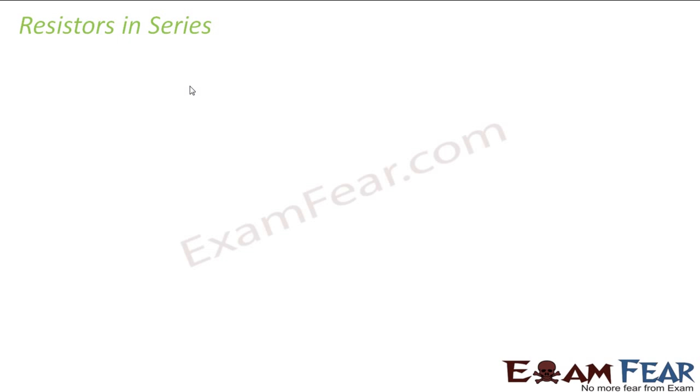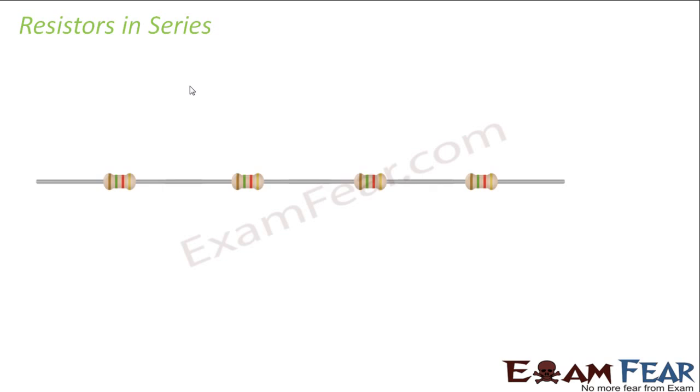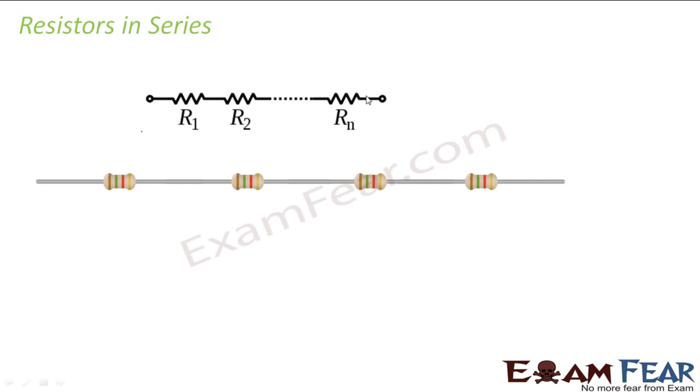So what do I mean when I say that the resistors are connected in series in a circuit? It means that all the resistors are connected one after the other in this way in a circuit. Or you can represent it in a circuit diagram like this. So what happens in this kind of a combination? Let us suppose this is how the resistors are connected. Let us take this example.